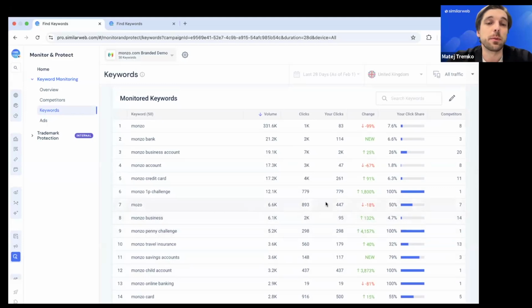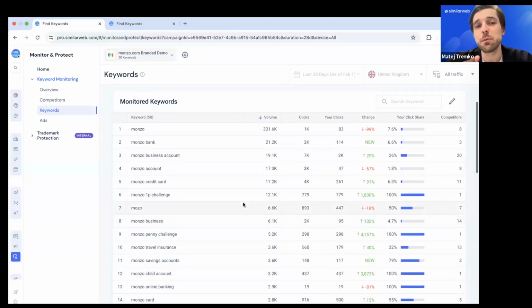If I was a PPC manager for Monzo, I would probably go check my branded campaigns, see if there's any glitch, see which keywords I can increase my bidding on, and hence try to prevent more theft of these clicks. I think especially in terms of branded terms, we can talk about the objective to maximize the click share as close to 100% as possible where it's worth it, as these are the terms that usually bring the best conversions. And for the brand itself, the CPC should be lower than for the competitors. So this should be a no-brainer category of keywords to invest into,